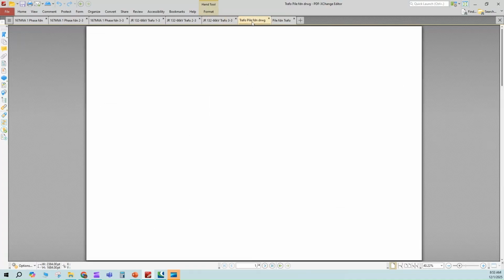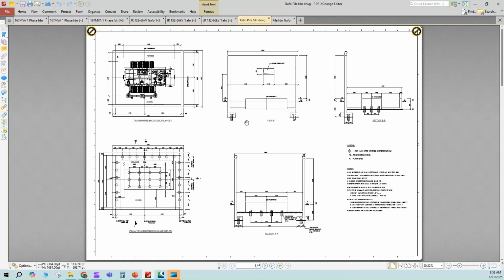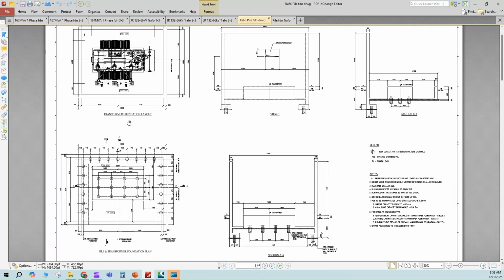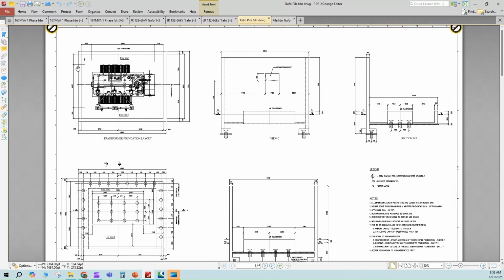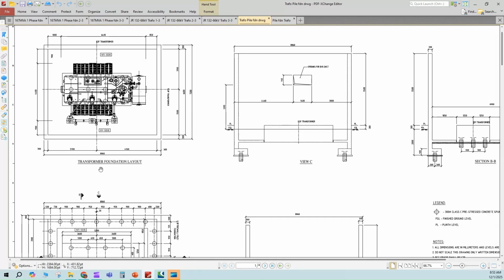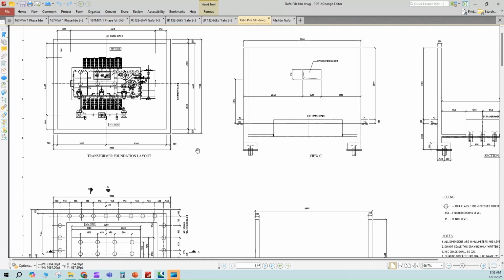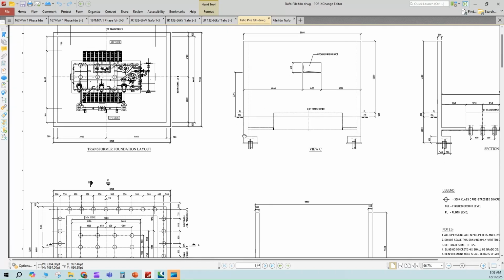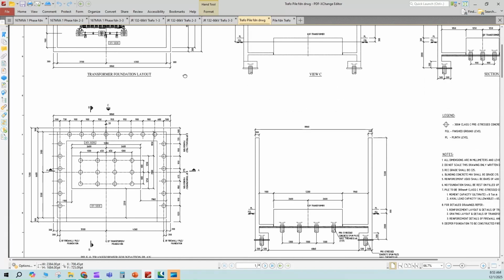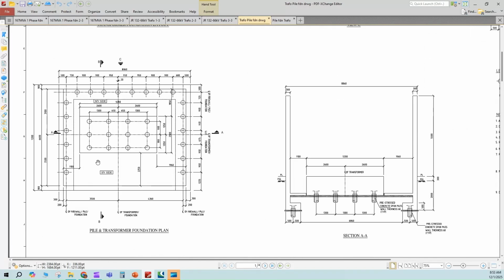And fine, next we are going to look at the pile foundation type of transformers. This is one of the transformers which we have done for the Indonesian projects. This is a transformer foundation layout. In general, it has a firewall also, which is resting on the transformer bund wall. So both the firewall and the transformer main block have